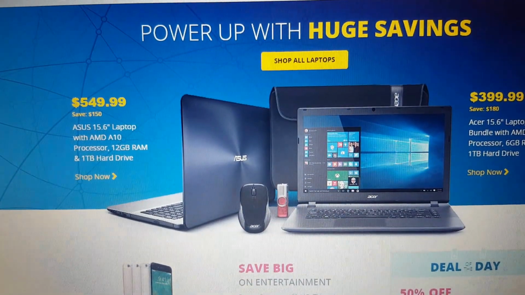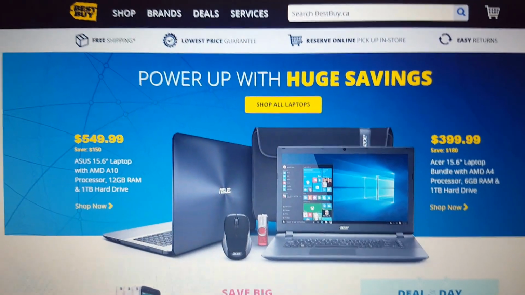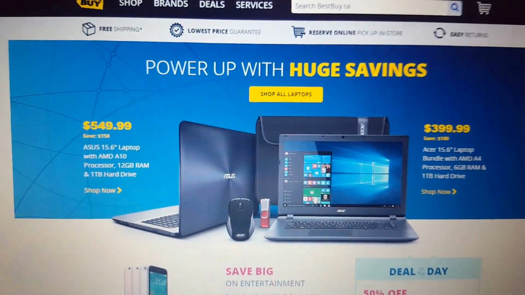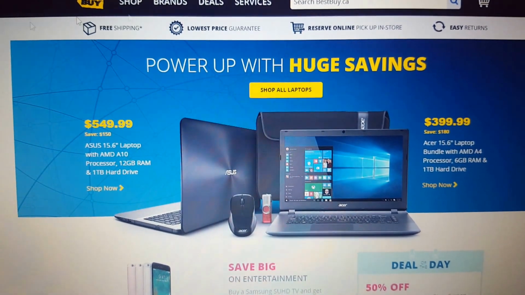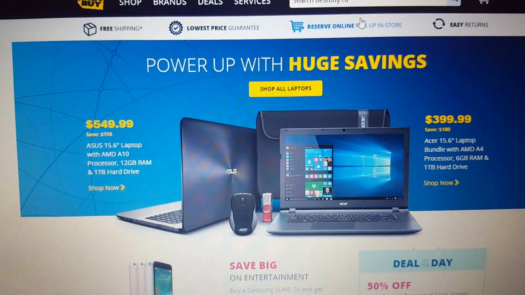Hey there guys, so there's been a lot of concern, people looking to pre-order Nintendo Switches, but they're all sold out, so I'll show you guys a quick little trick how I got my pre-order through on BestBuy.ca. So this probably works on the American Best Buy site as well, but I'm just doing the BestBuy.ca because